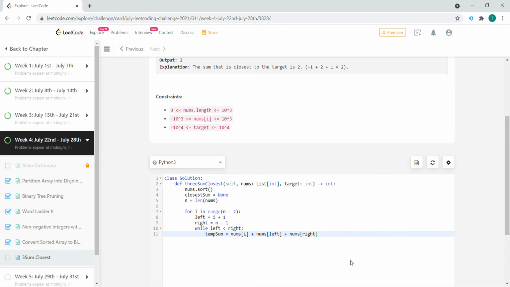So we're taking the sum of 3 of the numbers at i, left, and right. Basically, we're going to iterate through this and see whichever one meets the condition for each i. I'm going to do a couple of if-else statements here. So if the closest sum